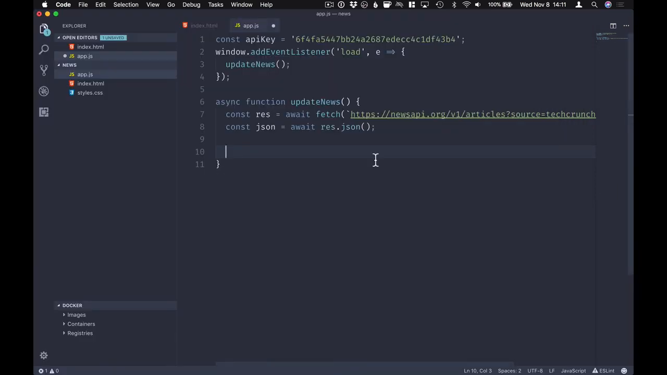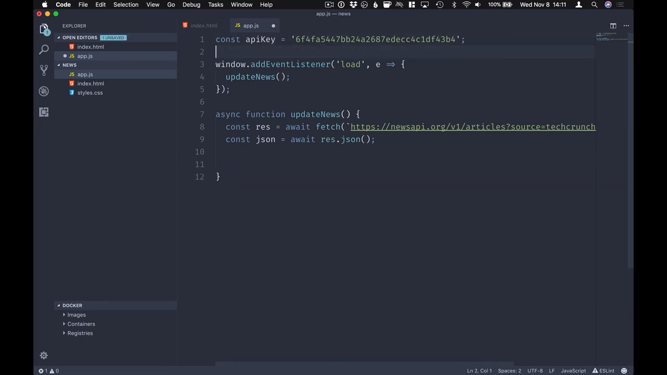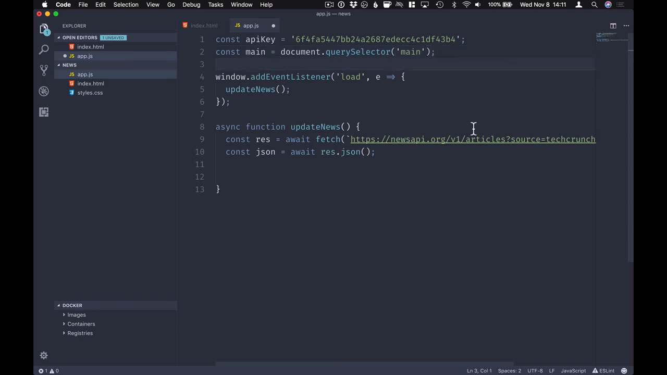So let's go in here, and what I'm going to do is a little bit of a hack, but I don't want to use any frameworks or any other tools, just plain vanilla JavaScript here. First of all, we'll get a hold of the main section where we want to put these. So we're going to do a document query selector for the main section, and here when we're updating the news, what we're going to do is just say